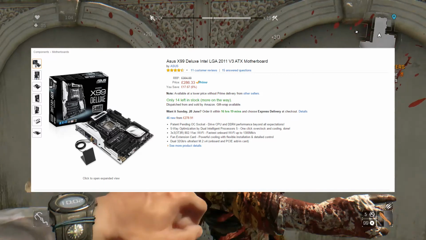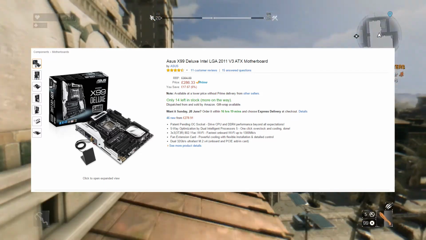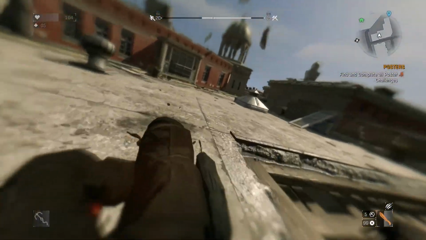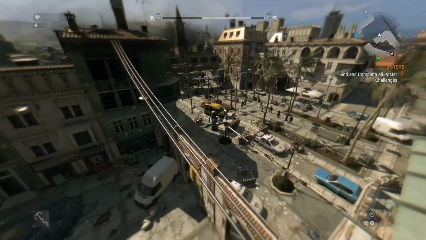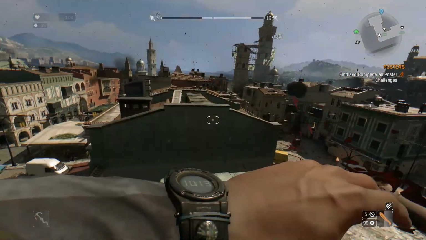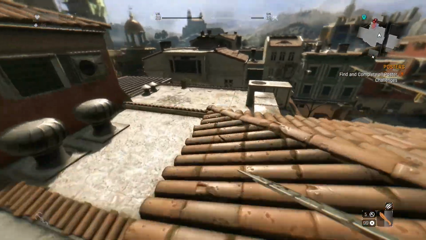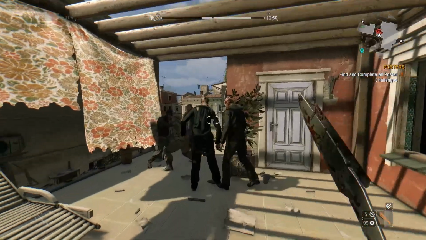So it is on the LGA 2011-3 socket, which our CPU uses, and it's one of the best motherboards you can get from Asus. The features you get on this motherboard are very high end, and it is pretty expensive at over 200, close to £300. But it does have plenty of rear port I/O, very good cooling for the VRMs